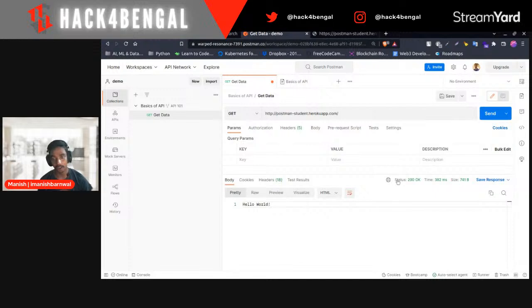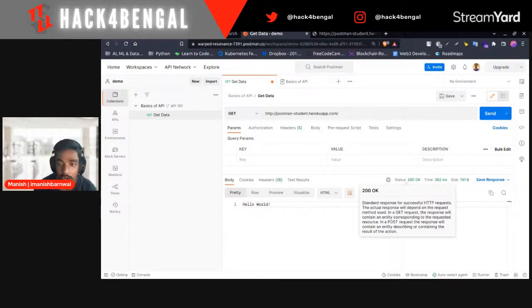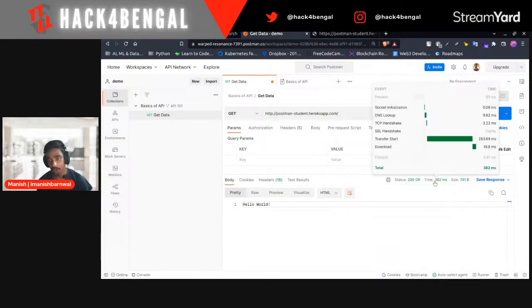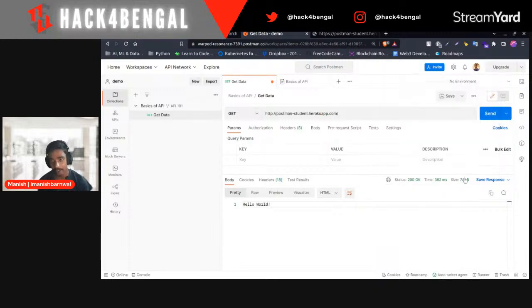You can also check this UI. Where 200 is shown, you can hover your mouse to see the status of your query. Right now it's showing 200, which means you have successfully executed your query. You can also see how much time it is taking and the size of the response. You can see everything in this particular UI.